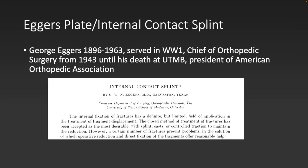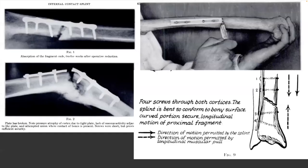So the Edgar's plate, he was a famous surgeon in America in Texas. I love this introduction on the Edgar's plate that he wrote. He said, the internal fixation of fractures has a definite but limited field of application in the treatment of fragment displacement. The closed method of treatment of fractures has been accepted as the most desirable. There might be some people that would debate that,